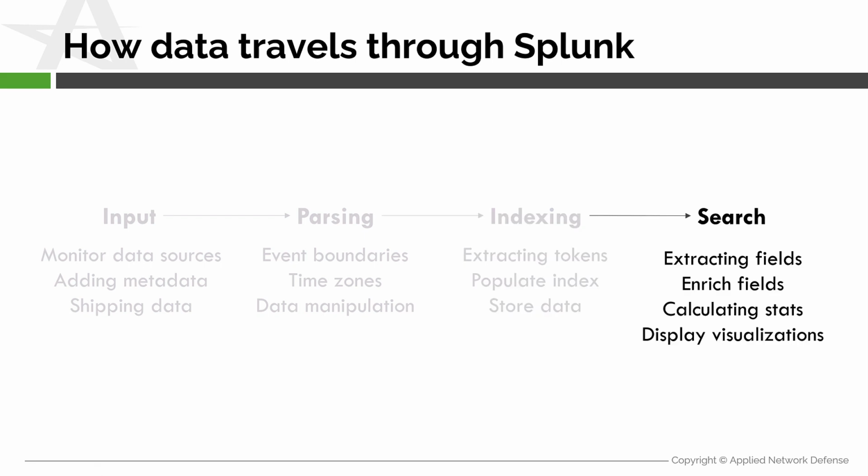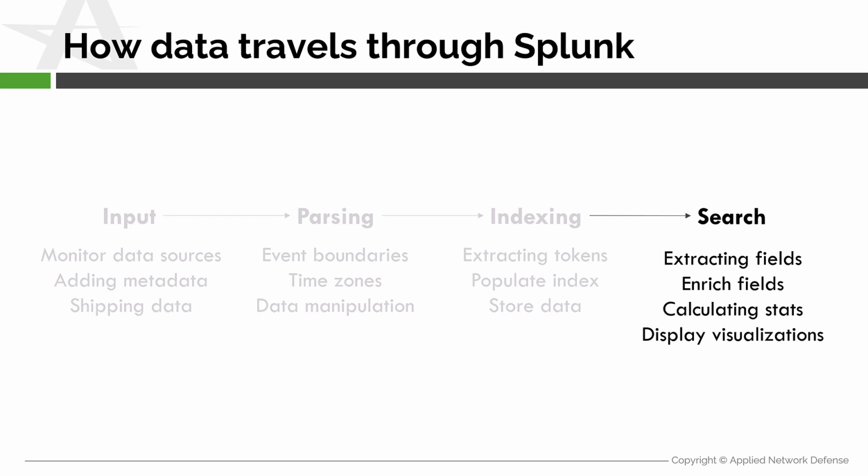And finally, we reach the search phase. And this is where we are extracting our fields. So let's say an event contains something like a username or IP address. We probably want to search for this later on with something like user equals Thomas. And this happens at search time in Splunk. The other thing that happens is field enrichment. So let's say we have a file where users are mapped to different departments where they work in. And now we want to look up if an event contains something like user equals Thomas. We want to create a field that is named department,